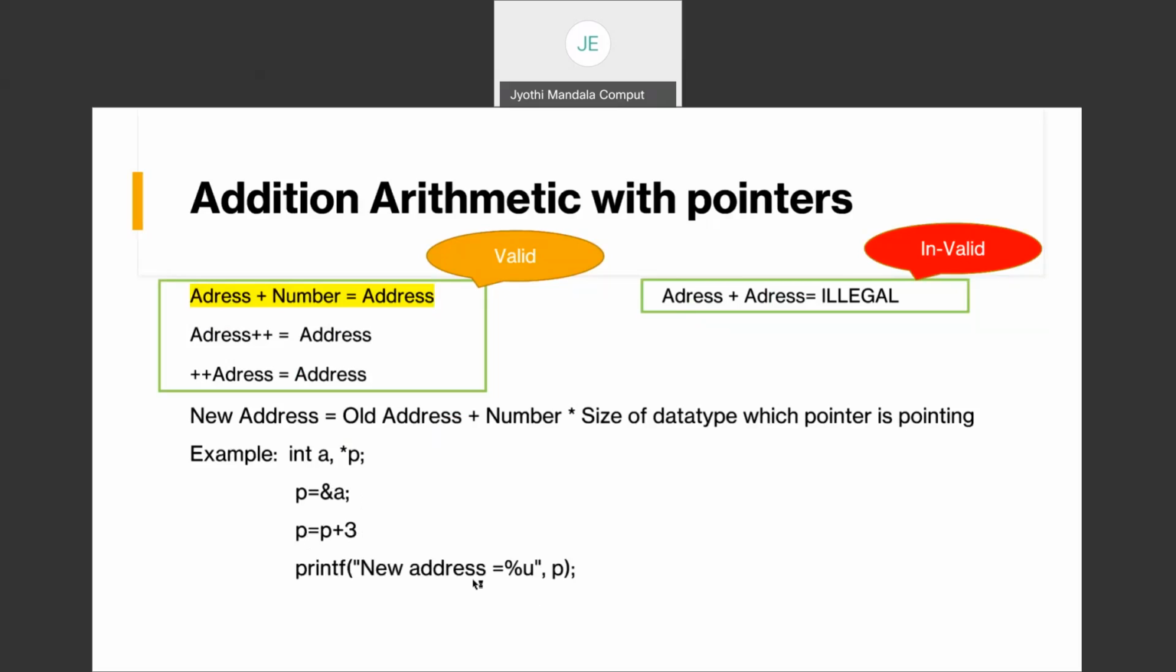Then what will be the value of this new address? Let me show you with an example. See here. Let us consider the address of a is 2002. That means the value of a, whatever you have given internally, which we are not representing here, will be stored at the address 2002. Then if you write p equal to ampersand a, p will be holding the value 2002 only. Then what happens if I do p equal to p plus 3? What is the p value? 2002. Consider this formula: the old address 2002 plus the number 3 star,